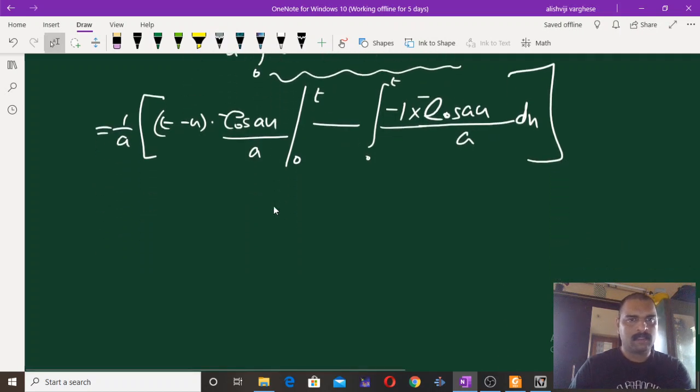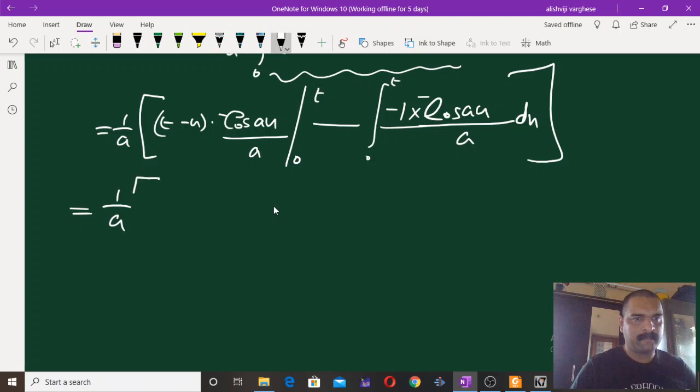Now this is equal to 1 by a into the upper limit and lower limit. For the upper limit u is equal to t, so t minus t is equal to 0, so this value is 0. Then for the lower limit, when u is equal to 0, what we have is